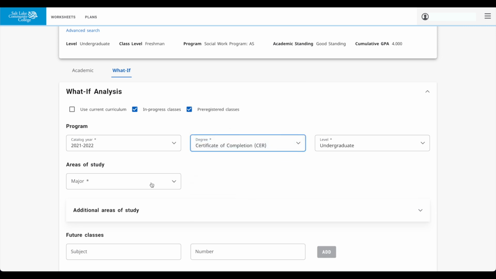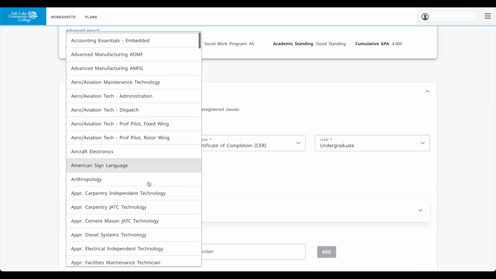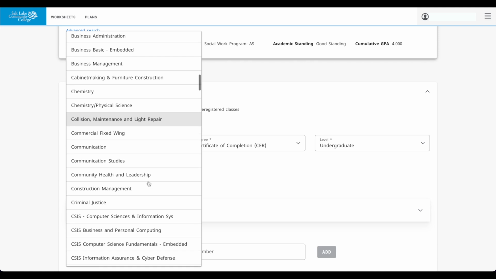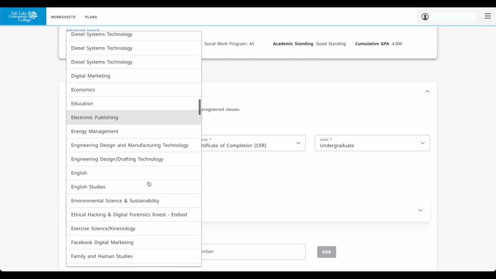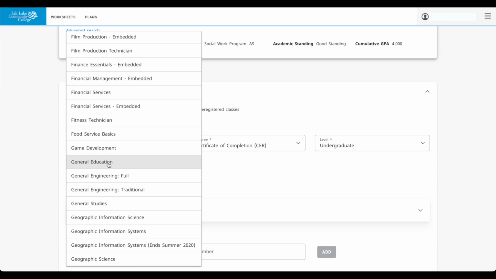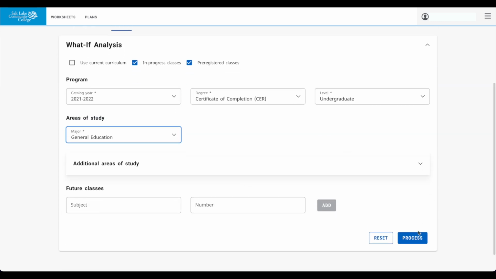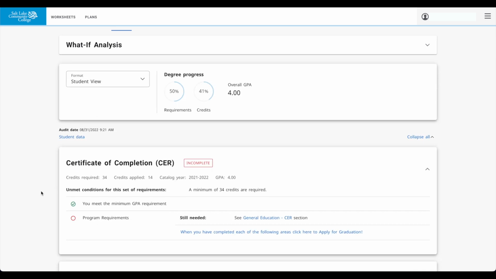So as a concurrent enrollment student, the main thing we want to look for most likely is that certificate of completion. And then for the areas of study, it's not just any type of certificate of completion, it's a specific one, and it is the certificate of completion in general education. So we'll scroll down where it says general education, click on that, and then we want to come down to the right, click on that button,